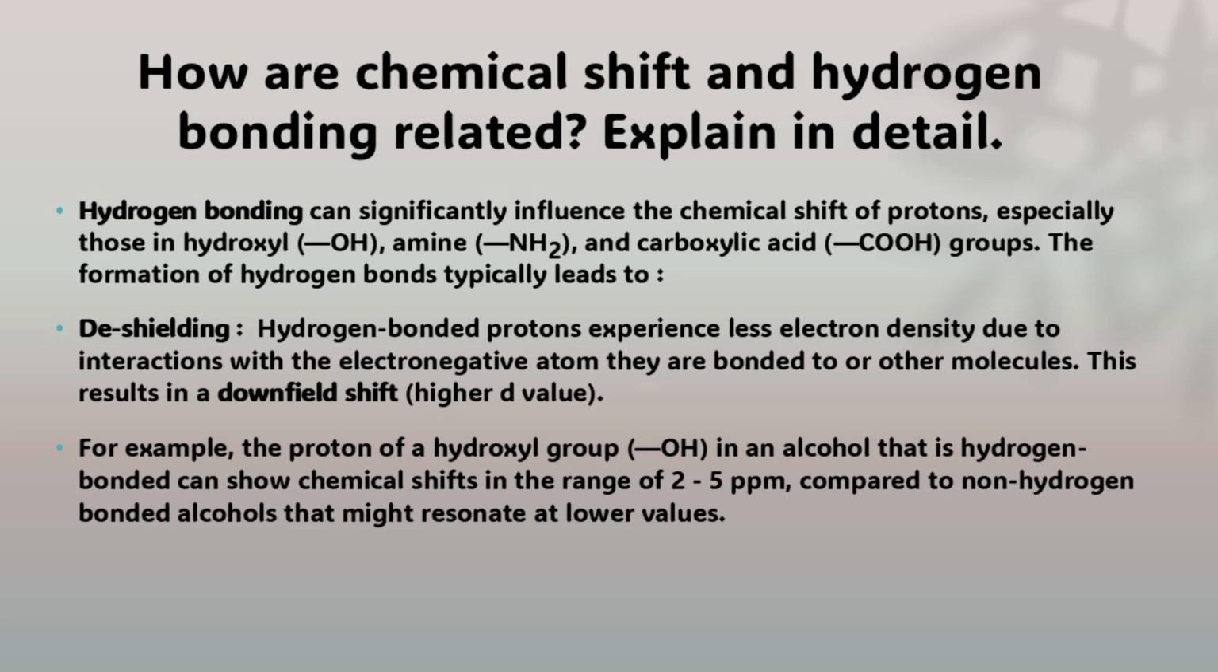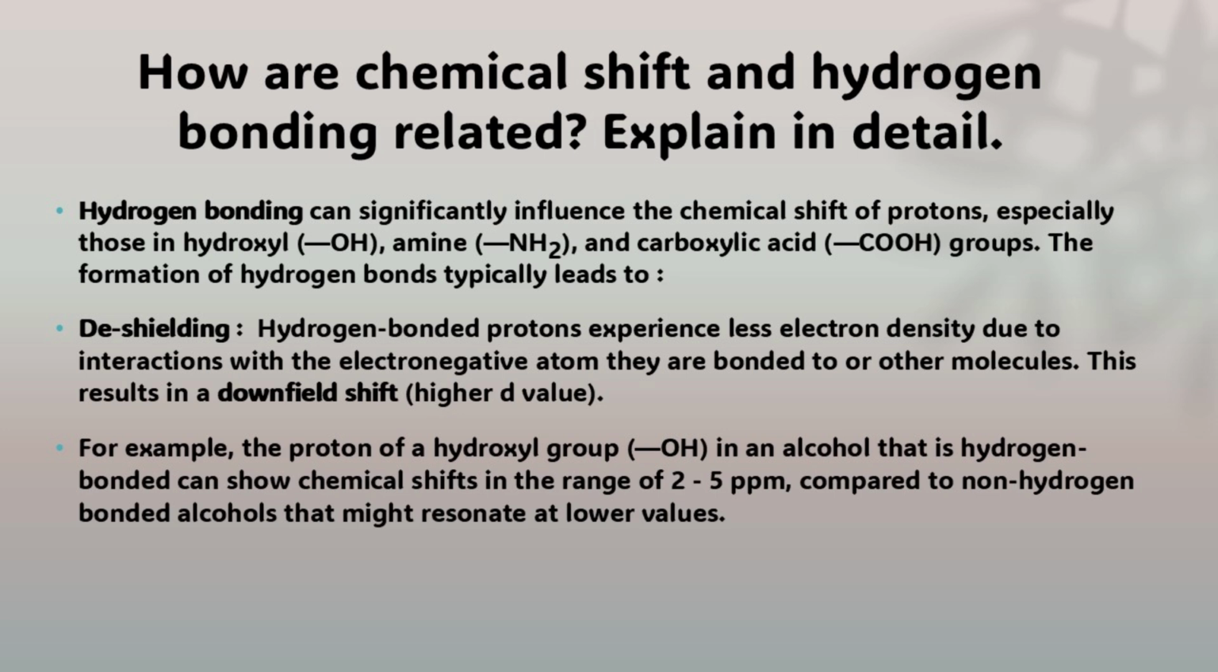The next question is question number 46. How are chemical shift and hydrogen bonding related? Explain in detail. The answer to this question is, hydrogen bonding can significantly influence the chemical shift of protons, especially those in hydroxyl (OH), amine (NH2), and carboxylic acid (COOH) groups. The formation of hydrogen bonds typically leads to deshielding,